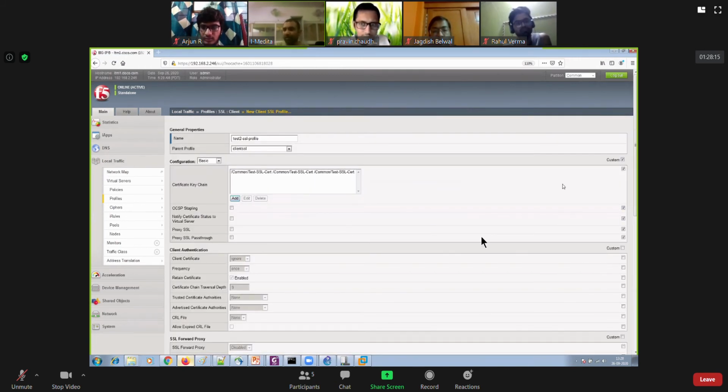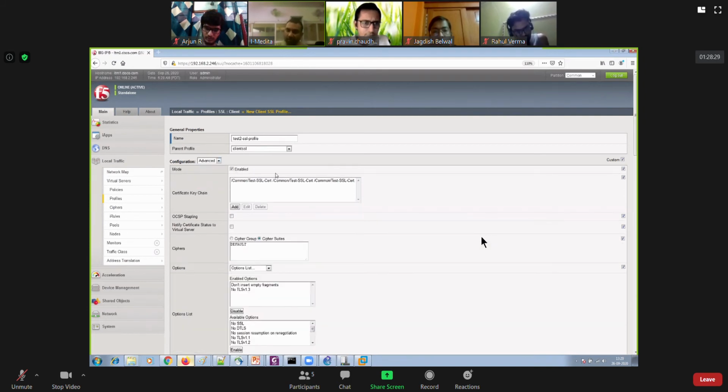Thereafter, you have some other options as well, right? Like you can go to advanced, like configuration, right? So configuration, by default, is selected as basic. So it will display only basic options. If you want to see the advanced options, you can select advanced. Under any profile, you would have these two options available, basic and advanced. If basic is selected, only basic options will be displayed. If you want to see advanced options, then you will have to select advanced on your own.